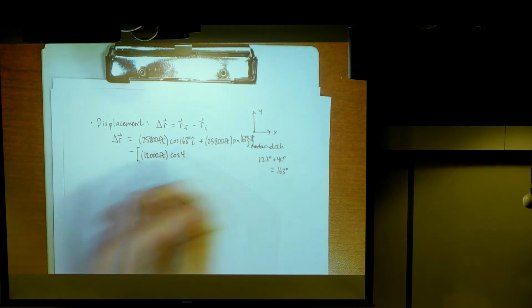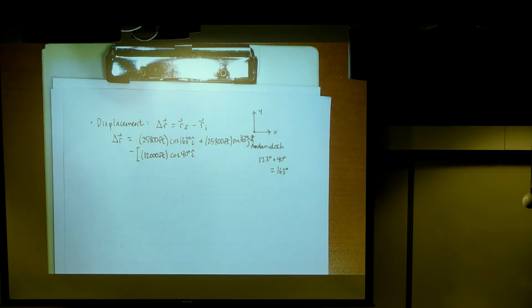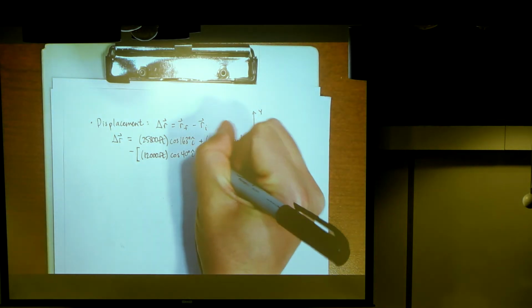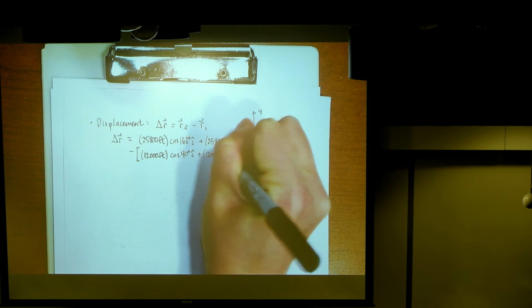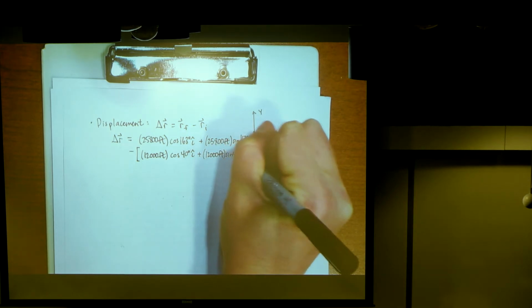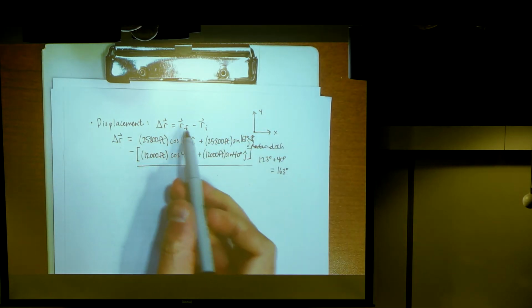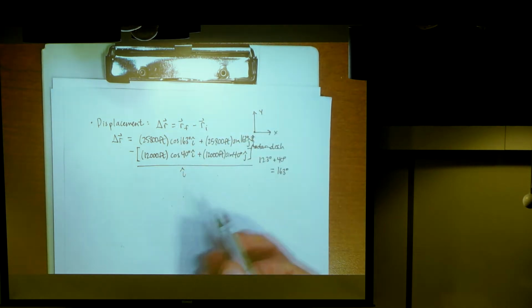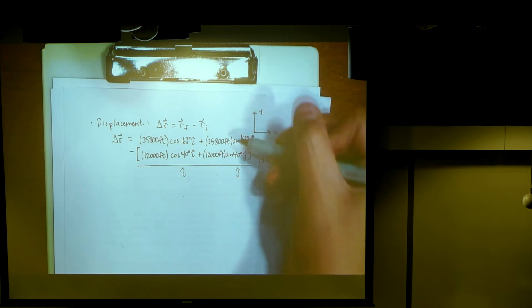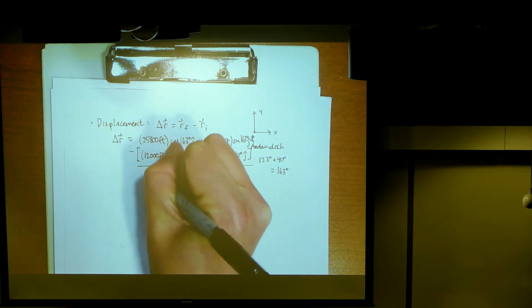So if I take 12,000 feet, cosine 40 degrees, that will be my x component of the initial position. And then if I add to that 12,000 feet sine of 40 degrees, that will be my y component. So really all I have to do to take r final minus r initial is subtract these two numbers to get the x component, and then subtract these two numbers to get the y component. So I'll just tell you how this works out, okay? We get minus